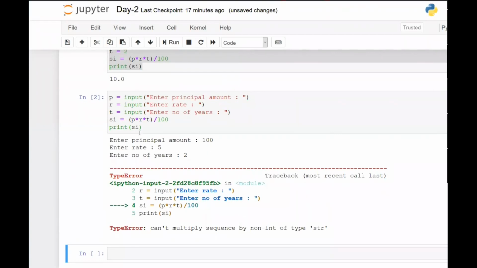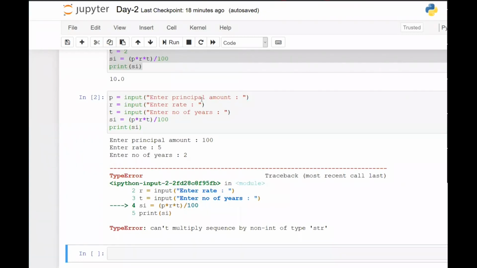Now, can I do a multiplication of characters, A multiplied by B? It's not possible, correct? We cannot do that. So I will need to tell the computer, boss, this is not a character value, but an integral value.